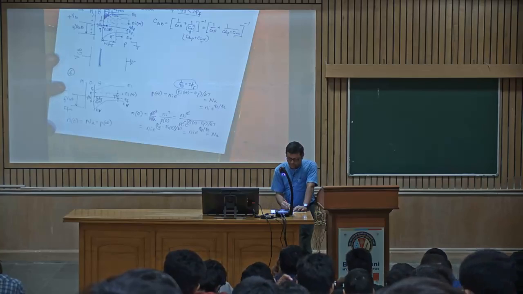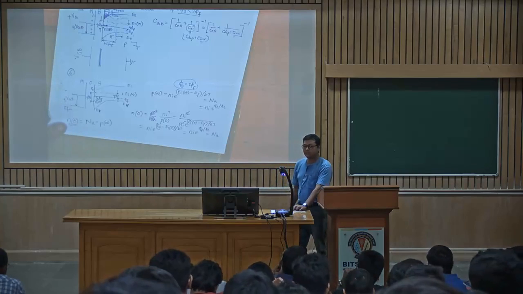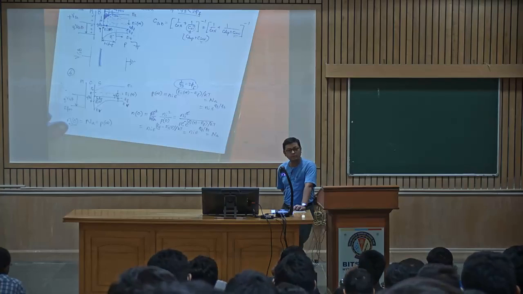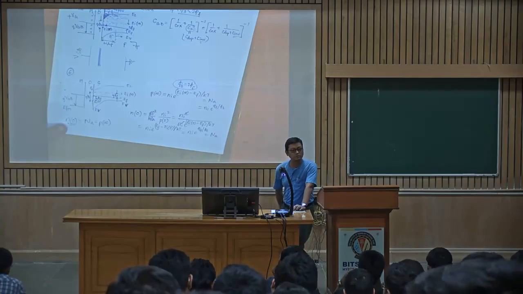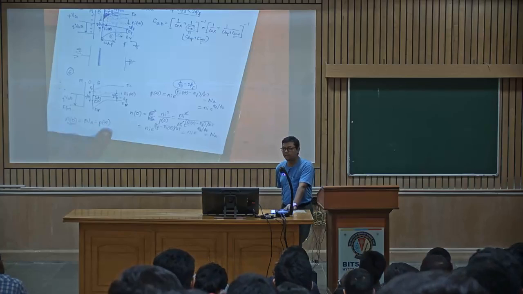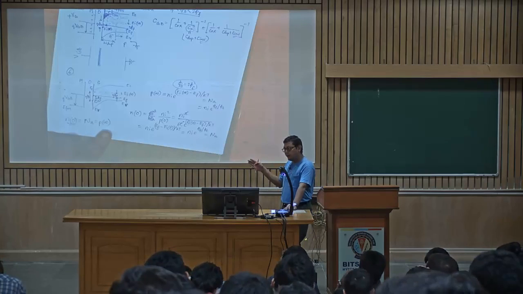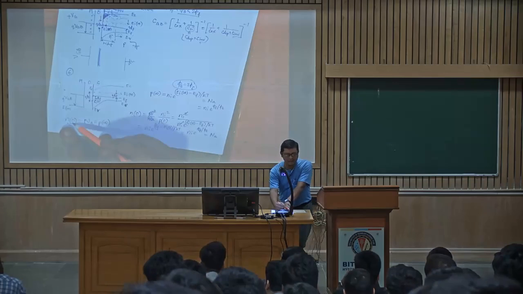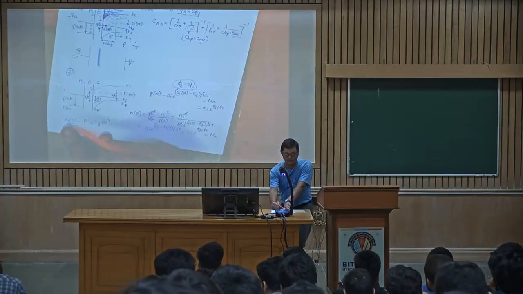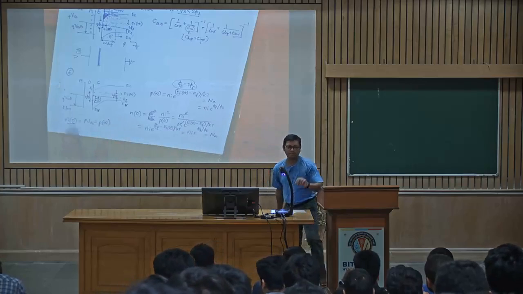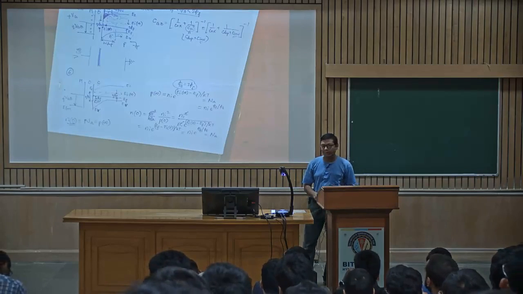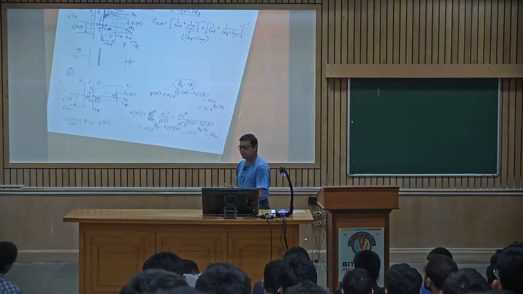What is interesting is, what is N0? Just see the physical significance. Number of electrons at y equal to 0 at the surface. What is P infinity? Number of holes in the bulk. Can we say that the surface is as much n-type as the bulk is p-type? Understood? Don't memorize. See, this is very simple.